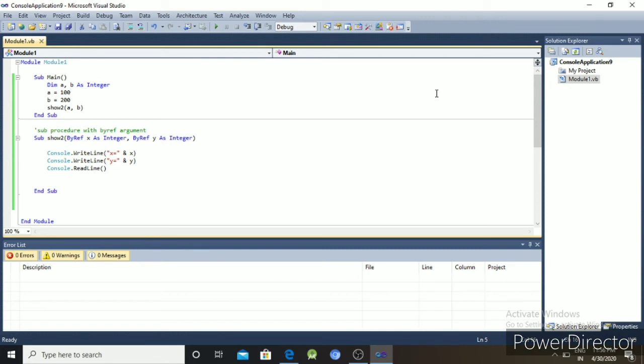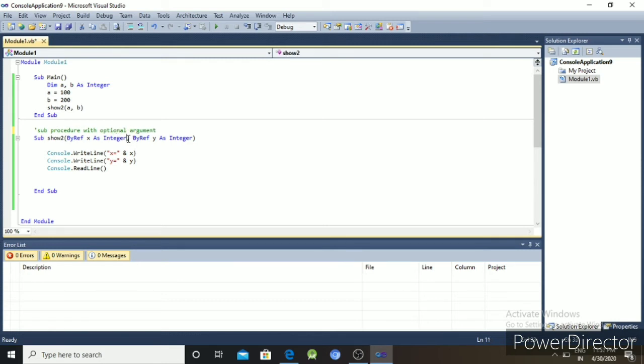The next method of the sub procedure is the sub procedure with optional argument. How do we write an optional argument?